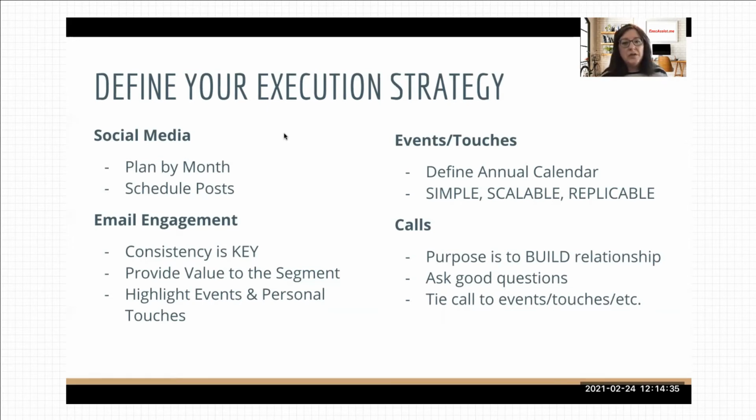So what I'm going to tell you here, and this is not a sales pitch for other services, but if you are a single agent, or if you are an admin and it's you and a couple agents and you literally are outside of bandwidth, like there's nothing else you can add to your plate, at Exec Assist, we have options for all of these to help you out. We are not the only ones. There are leverage plans available to you that you can develop an execution strategy and have someone else execute on your behalf. So for social media,